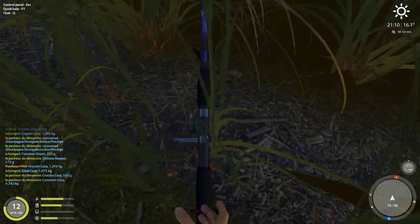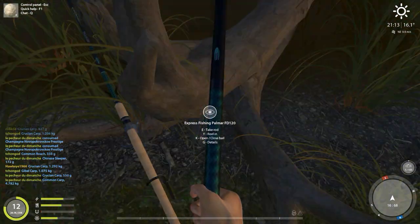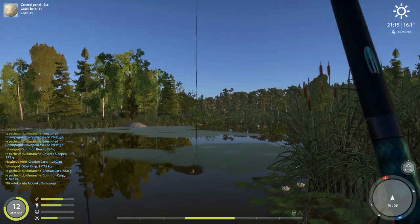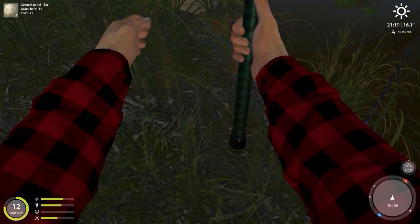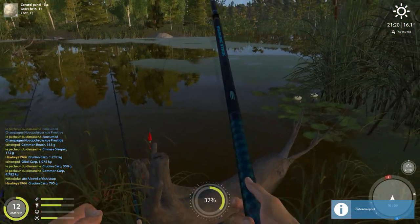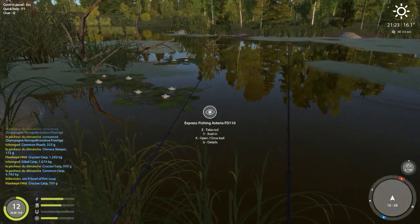Hold on. Got an issue. Big issue. And here we go. Everything's gonna go nuts. Looks like that's another Crucian Carp. Well, come here. Yeah, these Crucian Carp, I mean, they will add up real quick. Okay, which one was...